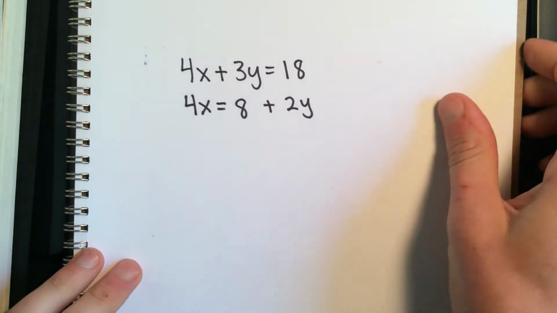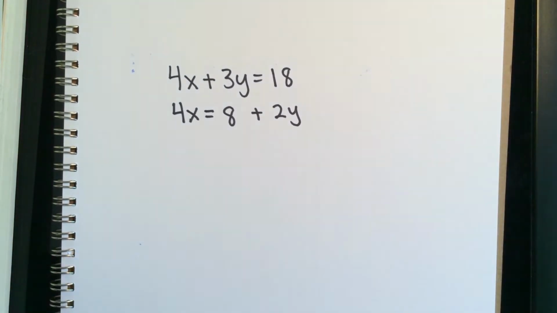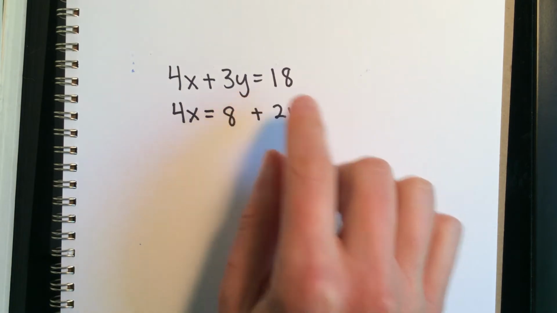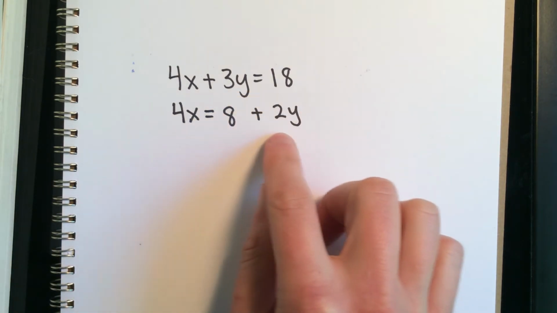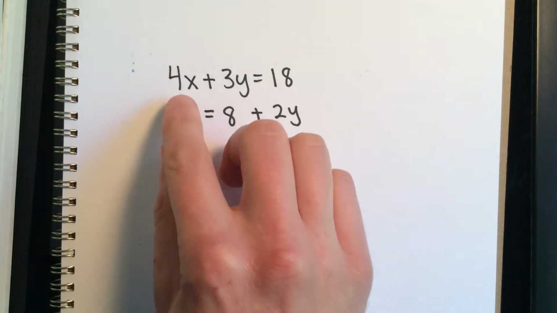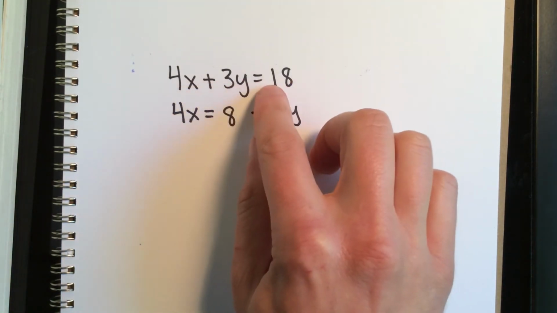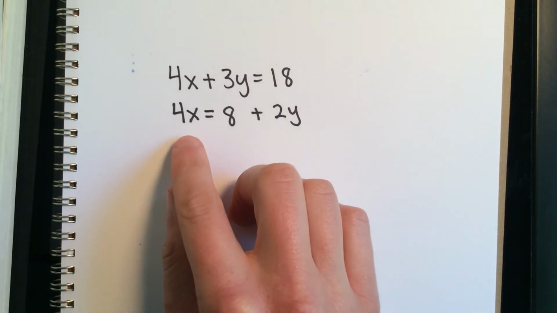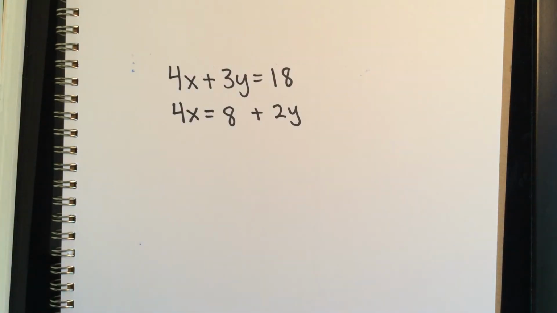So here is our next problem. 4x plus 3y equals 18, and 4x equals 8 plus 2y. The first thing that I notice about this is that I have one equation in standard form, but this second equation is not in standard form. Remember that standard form means we have our x's and our y's equal to a constant. But in this one, our x's and y's are on opposite sides of the equation, so we need to put it in standard form first. In order to do that,